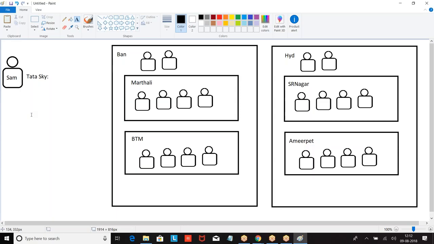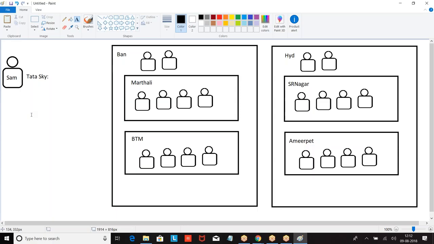There are some things. Now, from which area are you calling? Hyderabad. Okay. So in Hyderabad, is it Ujjona, Amirpet or SR Nagar? If you say Amirpet, okay, your request is sent to the Amirpet team. Now the SR Nagar team will not see that you made a request. Only Amirpet people will see it.